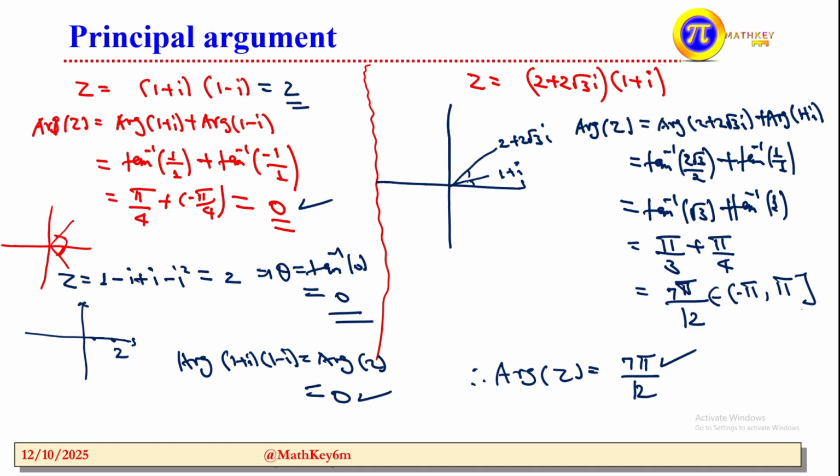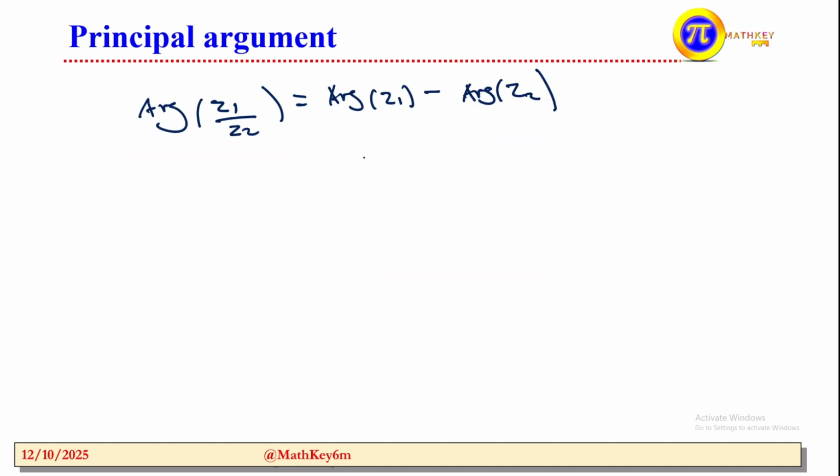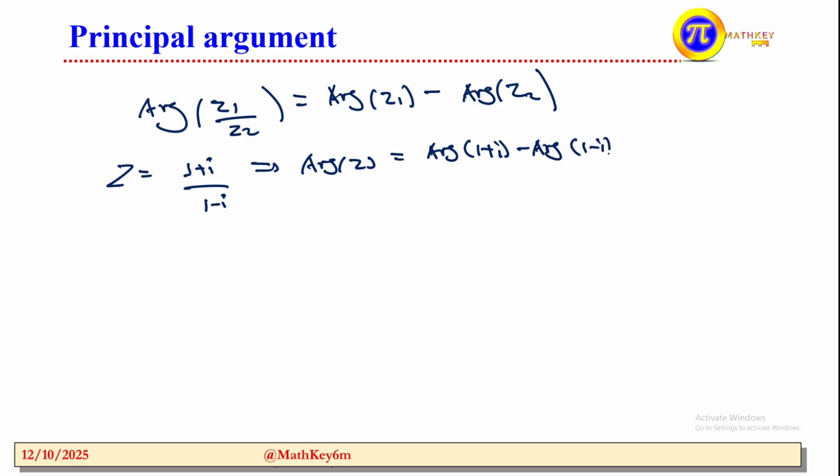For instance, z is equal to 1 plus i over 1 minus i, which implies what? The argument of this z is equal to the argument of 1 plus i minus the principal argument of 1 minus i. Find the argument as we did before, which is equal to